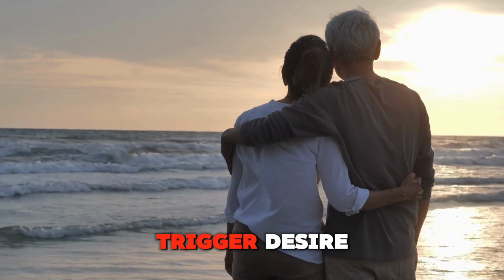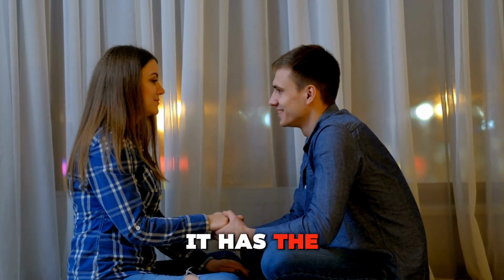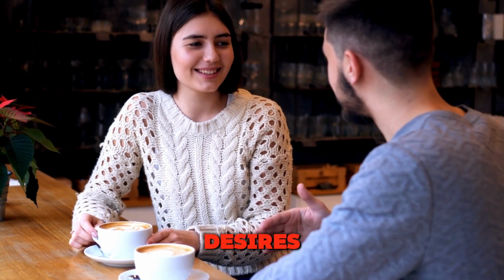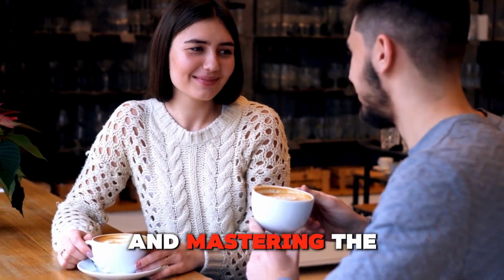Touch techniques that trigger desire. Touch is an incredibly powerful tool in the realm of attraction and intimacy. It has the ability to convey emotions, establish connections, and ignite deep-seated desires. For men seeking to create a magnetic pull between themselves and their partners, understanding and mastering the art of touch